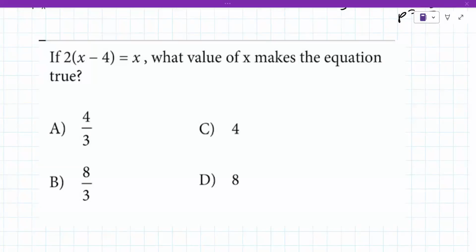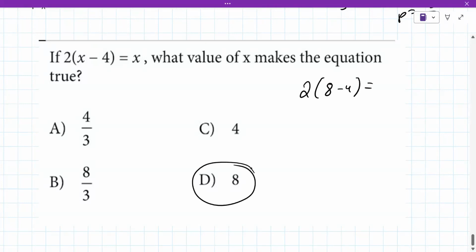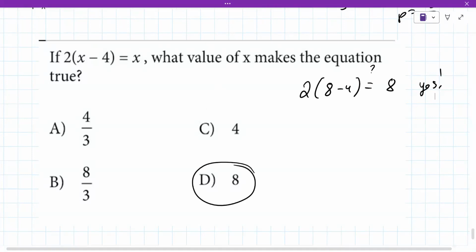D. I'm sorry? Is it D? 2 times 8 minus 4, does that equal 8? Yes, it does. So they are sometimes that simple. Okay. And there's no reason that you can't get a good score on something like this because you've seen some of the stuff. Here is the problem